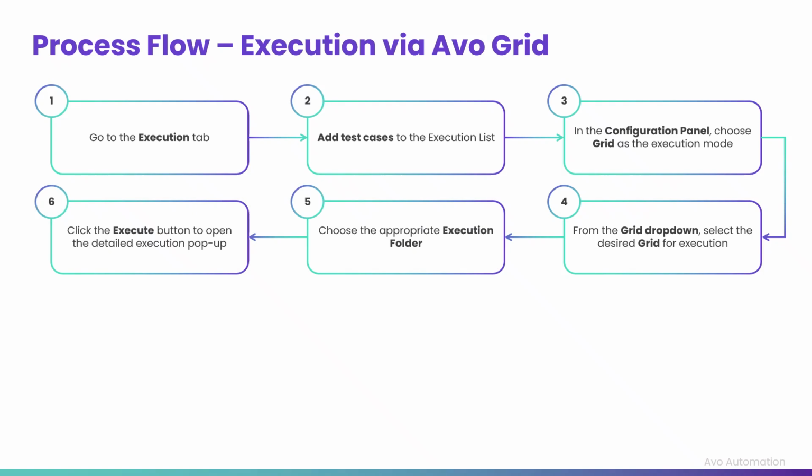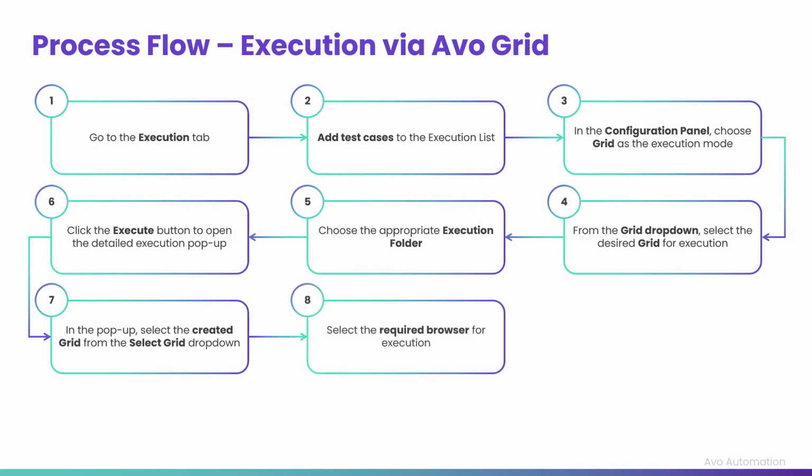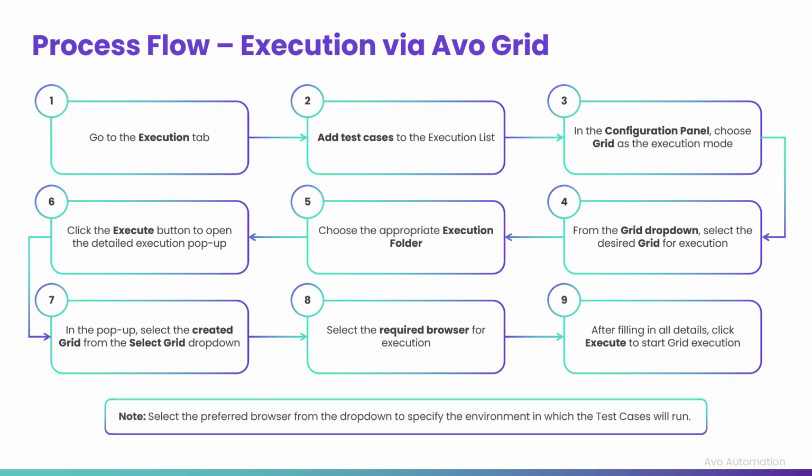the detailed execution pop-up. Next, they need to choose the created grid from the Select Grid dropdown. Following that, they must select a browser for the execution. And finally, after filling all details, click the Execute button to begin the execution. Please note that the users must select a preferred browser from the dropdown to specify the environment in which the